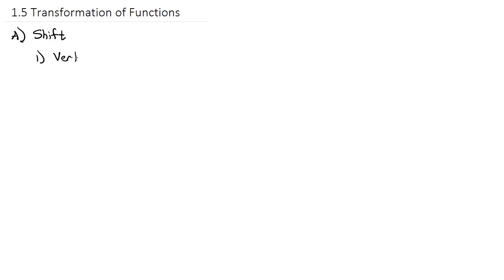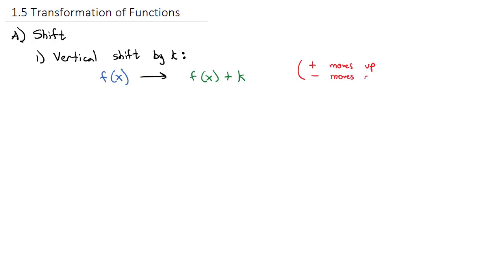First, we'll look at a vertical shift. And actually, let's say we're going to do a vertical shift by k. If I've got a function like f of x, and I want to shift it by k vertically, what we're going to do is we just have to add that number k onto the end. And I'll put a little note that plus moves up and a minus moves it down. In other words, for example,